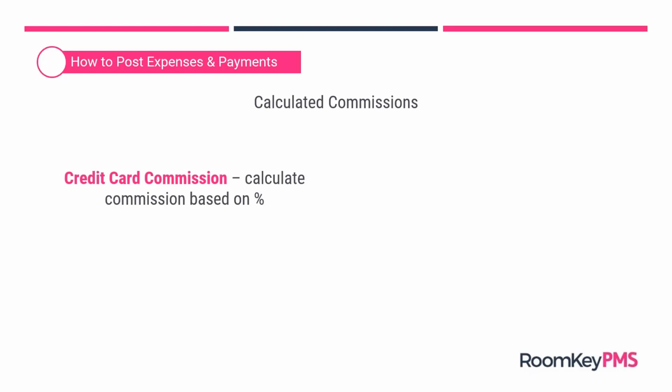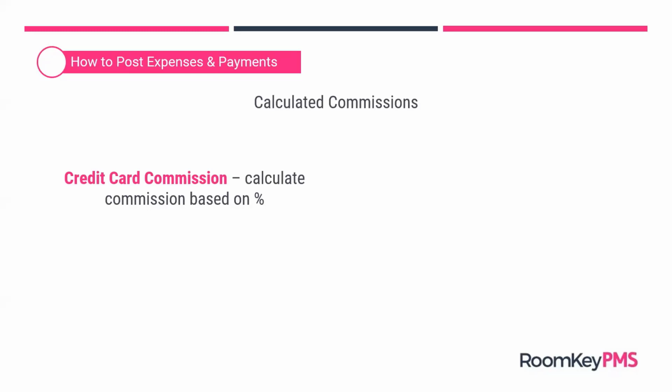This is a fee that is levied whenever a credit card is used as a payment type. Those credit card processing fees are charged from the processor to the hotel. And if the hotel passes that expense off to the owner, that would be a credit card commission. It's usually based on a percentage,